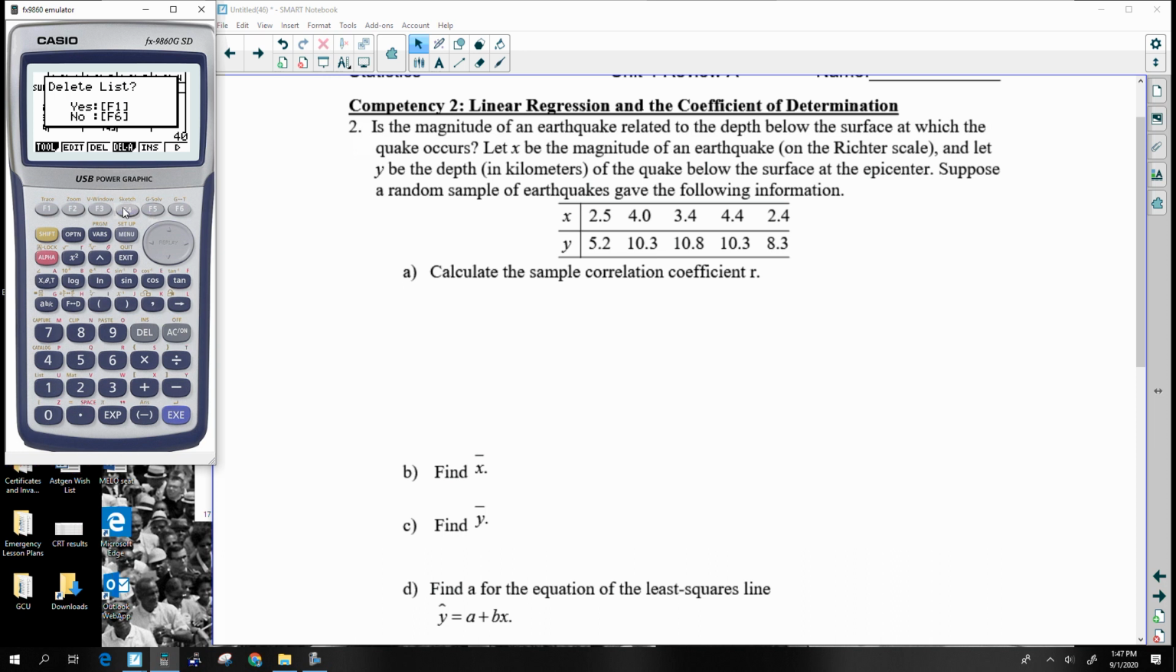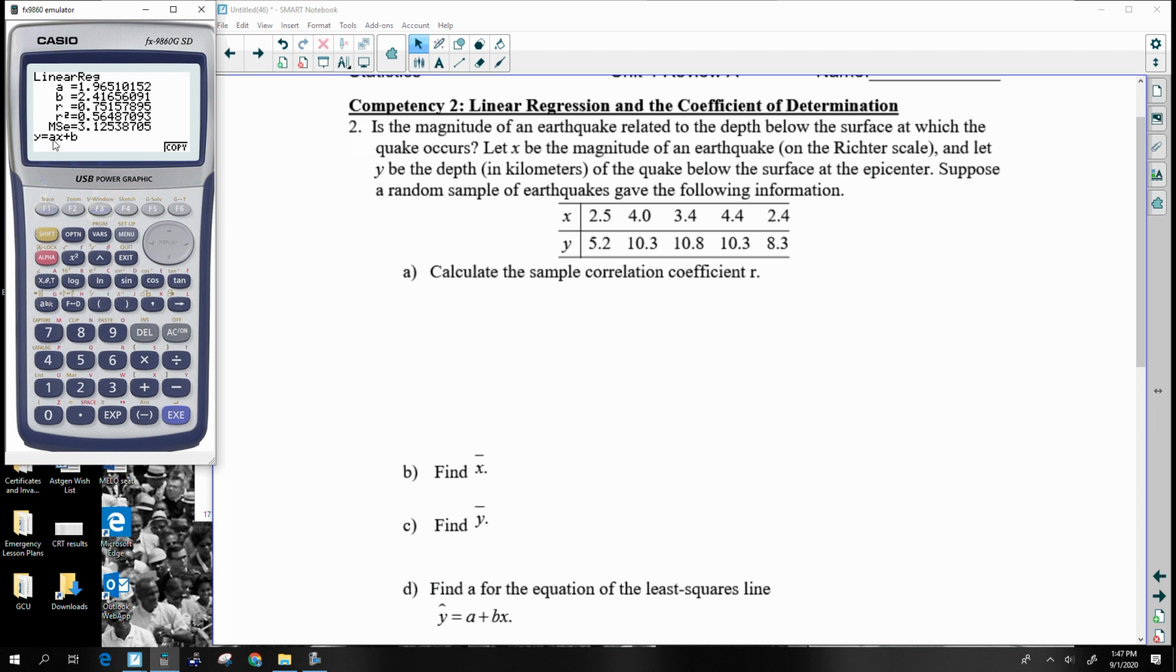Have all the stuff from the previous assignment still in here. So I have 2.5, 4, 3.4, 4.4, and 2.4, followed by 5.2, 10.3, 10.8, 10.3, and 8.3, 8.3, 10.3, 10.3, 5, 2, 2, 5, 4, 3, 4. Okay, looks good. All right, where I find the most success is under this calc, reg, xreg, and then again,